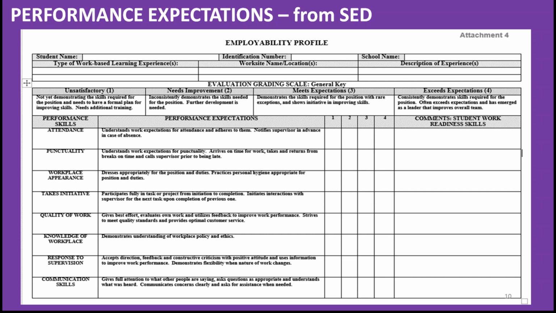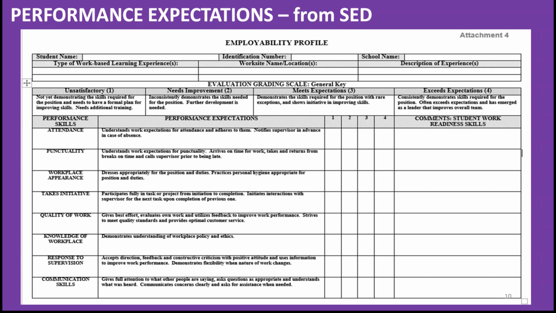So if someone starts to say, well, we do this, we have this, make sure you know what you're talking about and who's doing what so that you can work together. There's one other document, too, that looks very similar to this particular document, and that is the training plan. If your student goes into a work-based learning training site with a supervised certified coordinator, the employer would be setting up a training plan in which it would include the tasks, the skills, and safety training and so forth. Very similar to this, and I'm going to be sharing that training plan with you today,